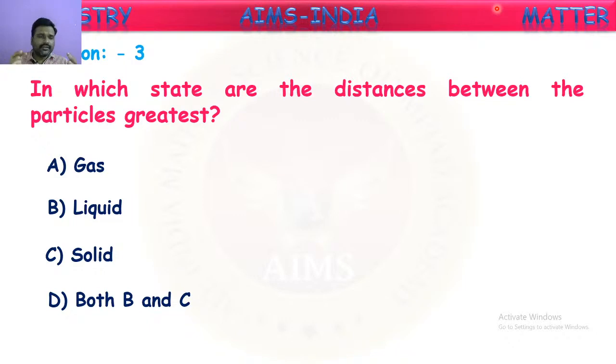As you know, in solids, molecules or particles are tightly bound. There are no spaces between them, meaning the distance between adjacent particles is very small. So the interparticle distance is very small in solids. But they are asking to find the greatest. Quite the opposite is the case in gases. In gases, molecules are very loosely packed, with no attractions. They can move in any direction freely, they have much freedom. So the distance between the molecules will be very great, or greatest, in gases. So the correct option for this will be A, gas.